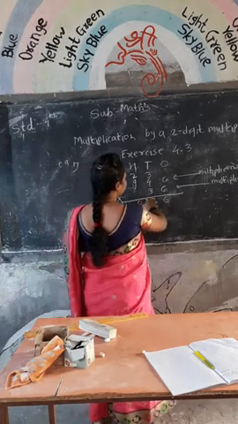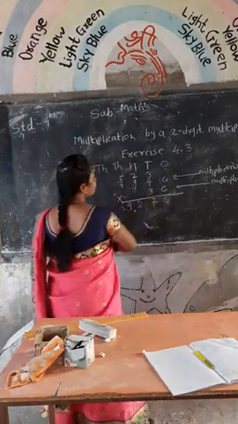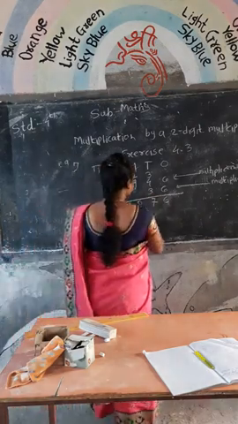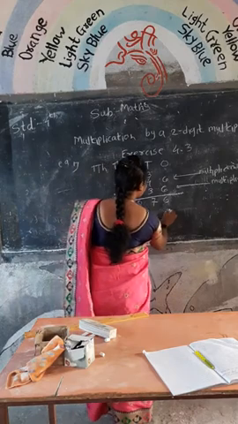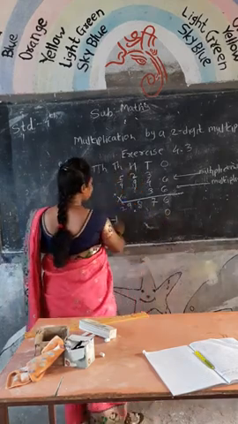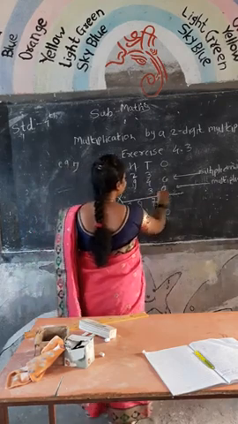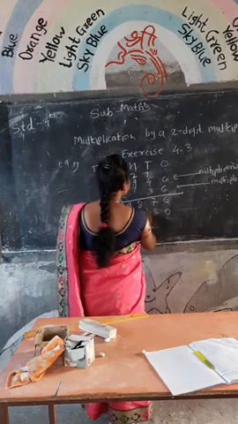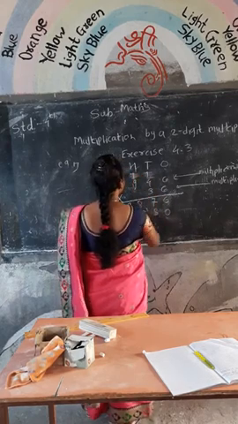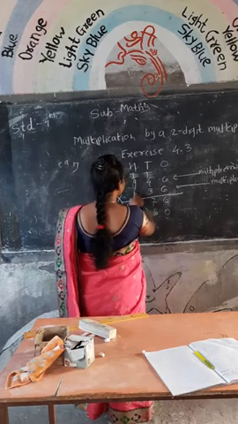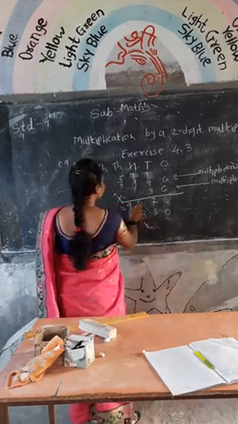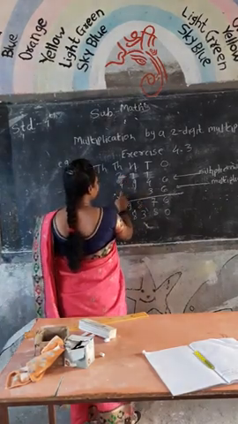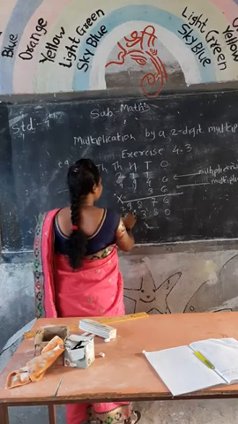Again multiply with the tens place digit, that is 3, with the ones place digit as a 0. 3 sixes are 18. Carry 1 to the tens place. 3 fours are 12. 12 plus 1 is 13. Again carry 1 to the hundreds place. 3 nines are 27. 27 plus 1 is 28. Carry 2 to the thousands place. 3 fours are 12. 12 plus 2 is 14.